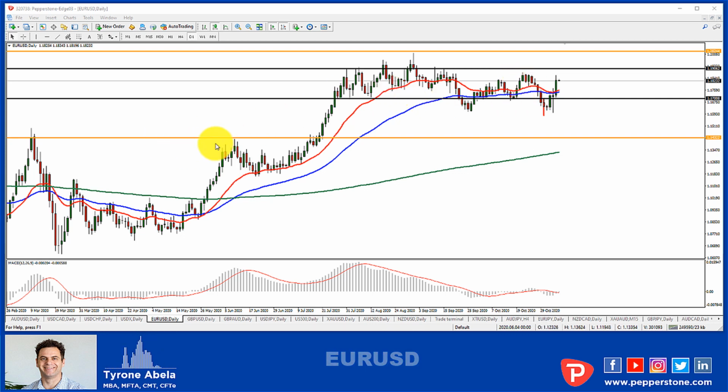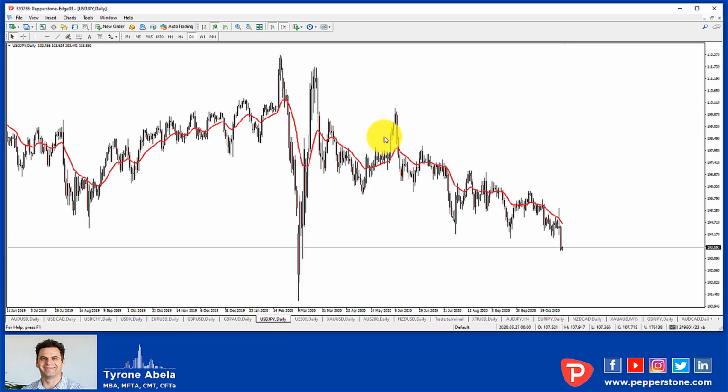All right, the last one we're going to have a look at today is the US dollar yen. This is one that has probably broken the mold of what we've been talking about with the previous pairs. This is the one that has actually broken the support and is well on its way down. If you looked at this on face value, you wouldn't even know that we've had one of the biggest weeks of news with a non-farm payroll tonight.